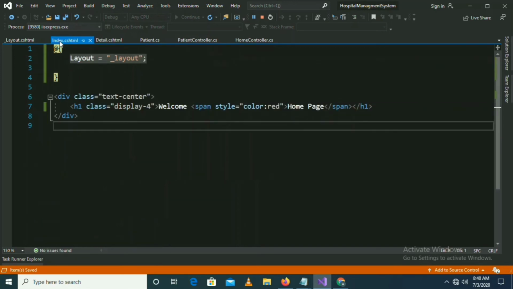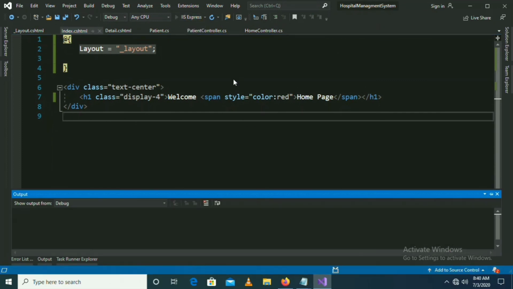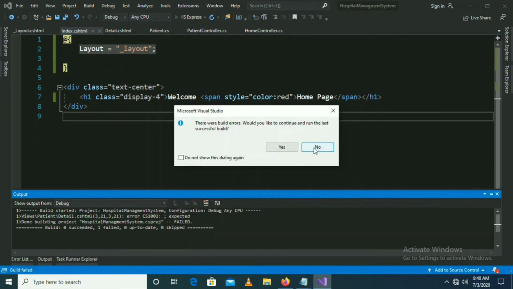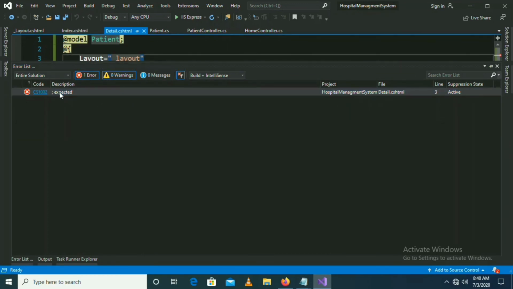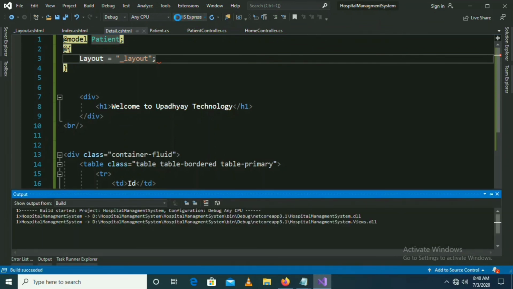Name is the same. Yes. Okay. Expected, where it is expecting? Here. Okay. Now I'm executing it.